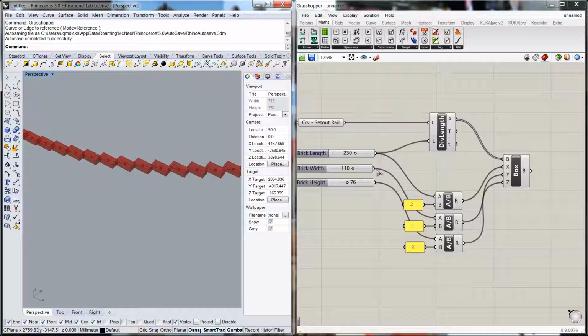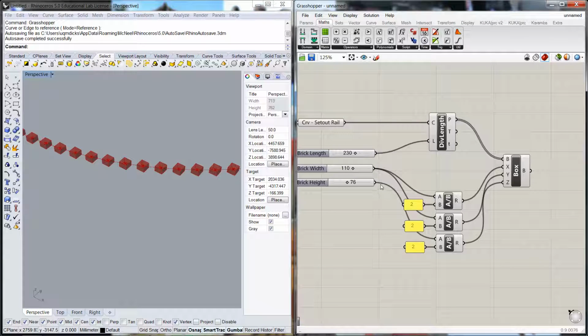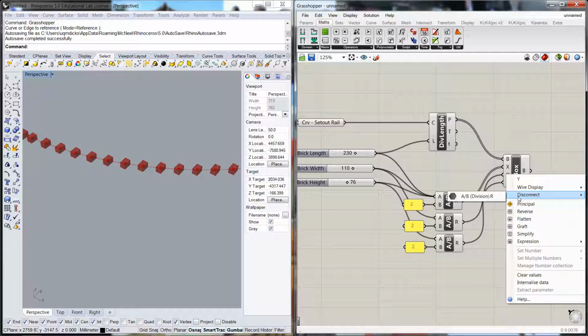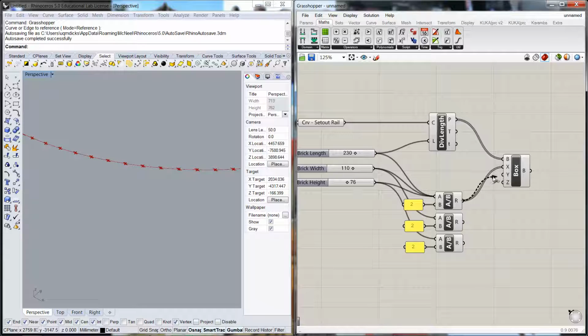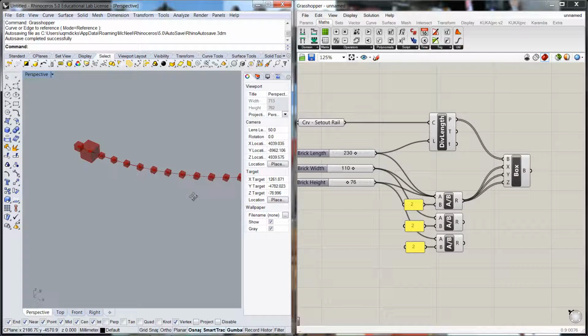So for example, if we wanted to say, just as a test to see what would happen if we put everything through the one equation. Now to do that, we can then just pop that in there. Oops, we need to do a shift so we can add multiple values into there. And then if we just disconnect this, and then if we just ran it all through the one, and we get this really weird